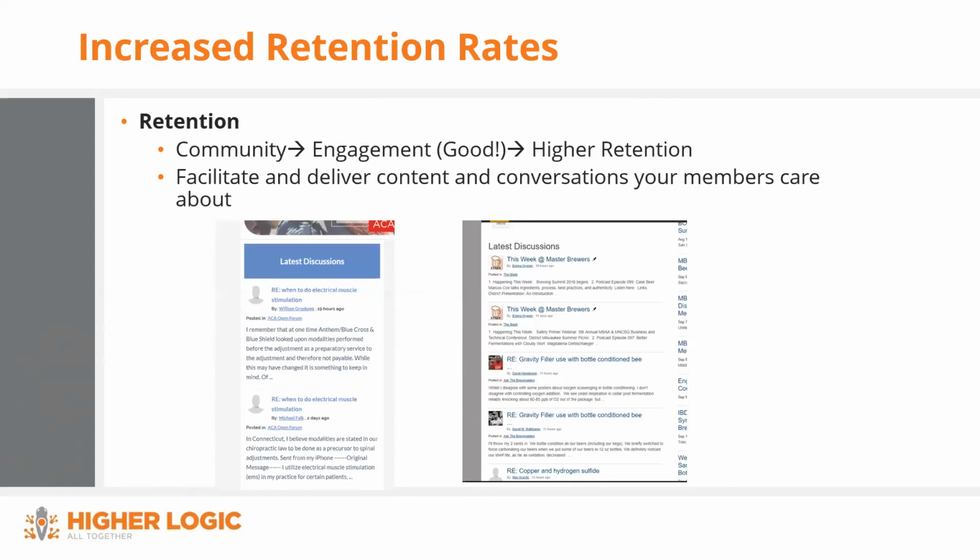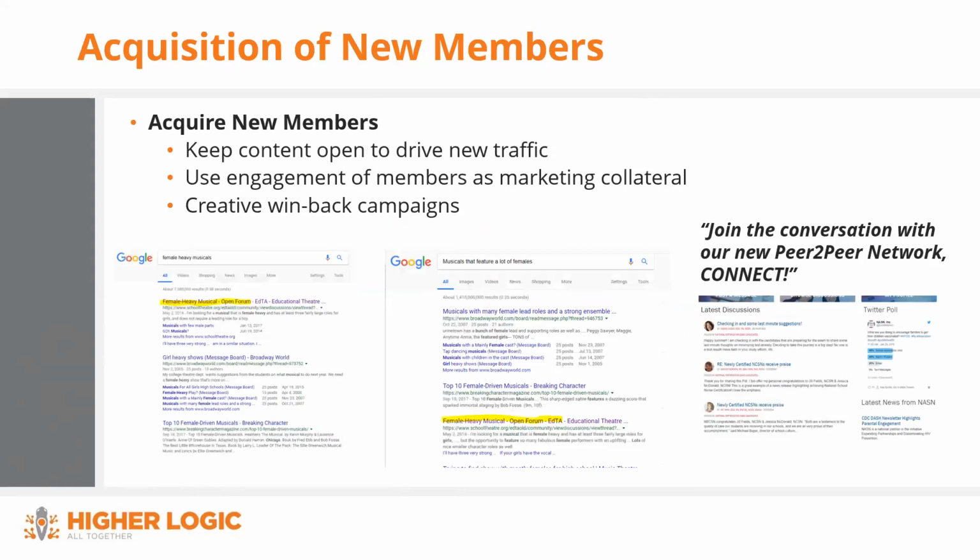So we want to, frankly, create an experience, an environment where they can't leave. If they leave, it stings their professional growth. They lose out on information and resources that they couldn't get anywhere else. And the community is the way to facilitate and foster that. So by doing that, and doing it correctly, it does lead to higher retention. And again, I'll show some specific examples in a second.